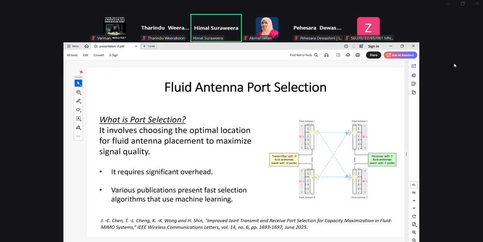So you select ideal ports where the received signal power, or let's say in this case, I took it from a research paper given below, maximizes the sum rate at the receiver. So you move the antennas into different ports. Of course you can do this by classical optimization algorithms as well, but this becomes highly complicated. So this is an ideal opportunity for you to apply reinforcement learning and then for the transmitter to learn optimal strategies to maximize the sum rate, or in other words, to learn the optimal policy.